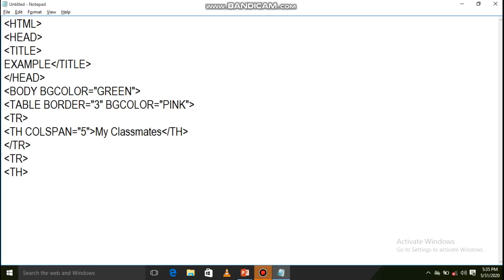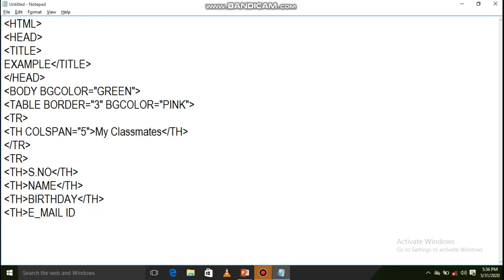So inside the first th write serial number, th close, again th, name, th close, next th, birthday, th close, th, email id, th close, next th, here phone number.